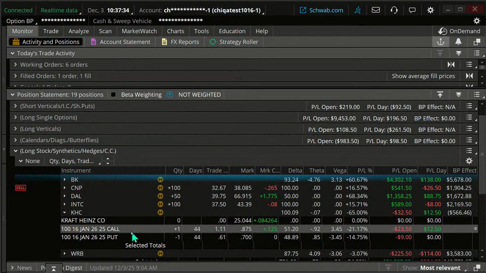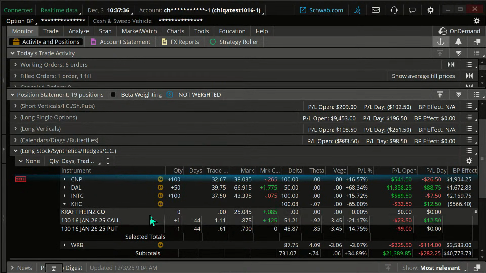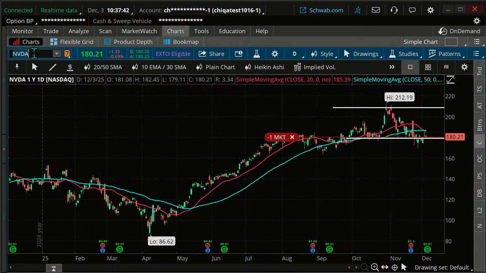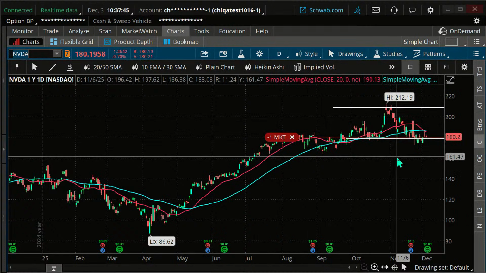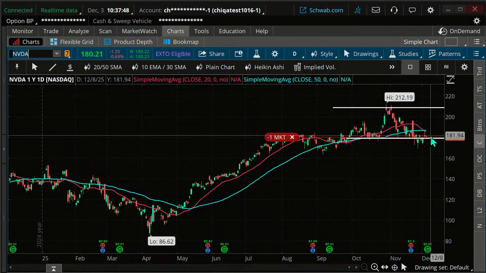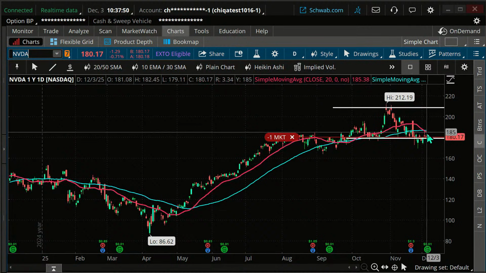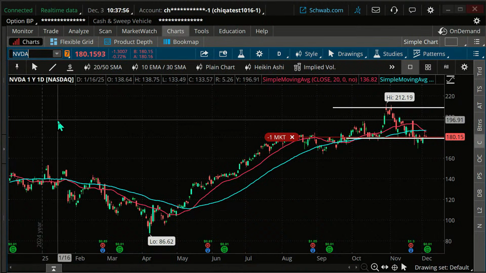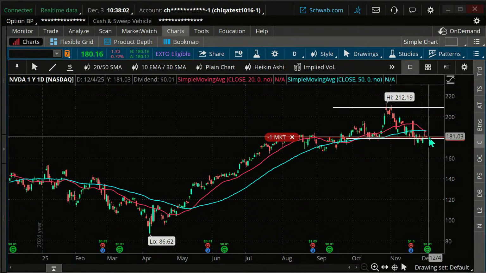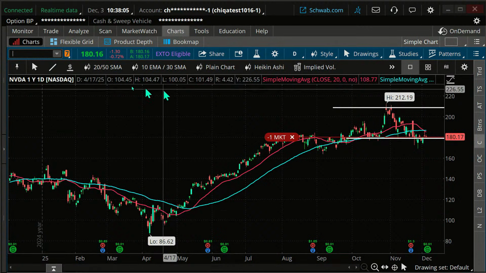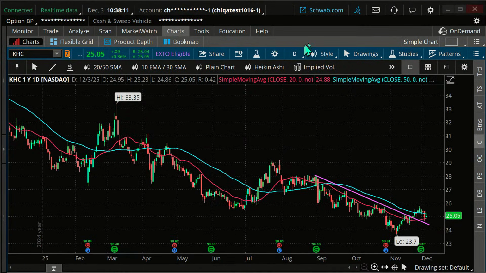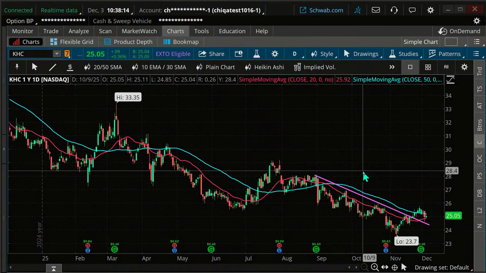Okay. So now let's look at the chart and see what we got. Now remember that I still have NVIDIA here. Mary says, any concerns about head and shoulders pattern? Remember, I'm not that concerned about it. I would be concerned, but if it goes down on the trade that we were looking at, Mary, it's not going to negatively impact the trade. If I was very bullish, if I needed this to be bullish and I was facing a big loss if it went down, then yeah, I would be quite concerned about that. But in the trade that we have, it's fine within reasonable ranges.